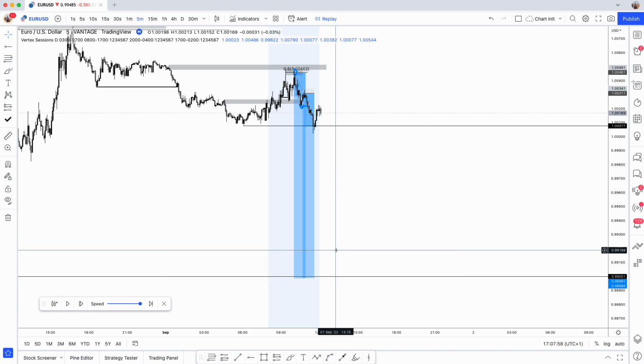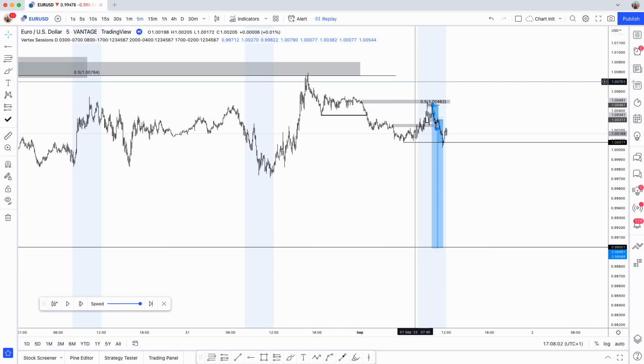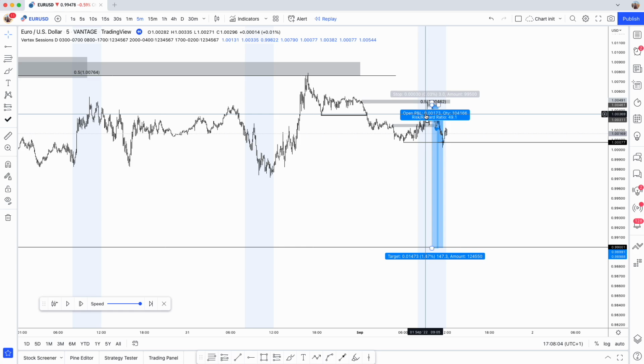But the thing is, if you think about it, we started the week from the 29th, right? This trade was taken and went on the 1st. So we've gone no trade on the 29th, no trade on the 30th. We had to wait 3 days to take our first trade that week. Now the question is, can some of you guys hold yourself to stay away from the charts and stick to your rules and stick to the plan for those 3 days?